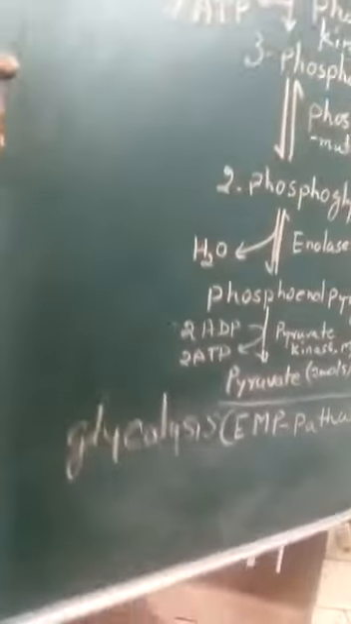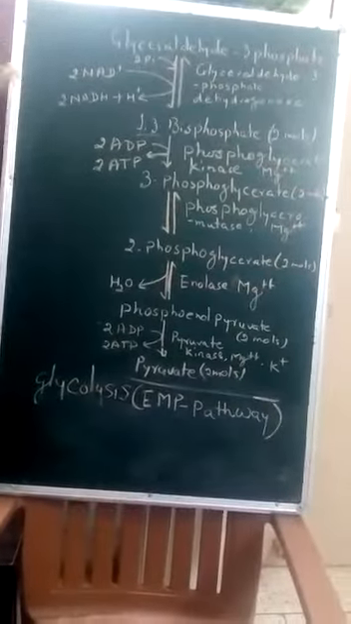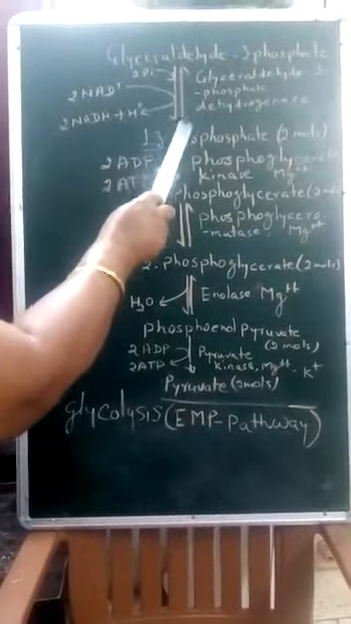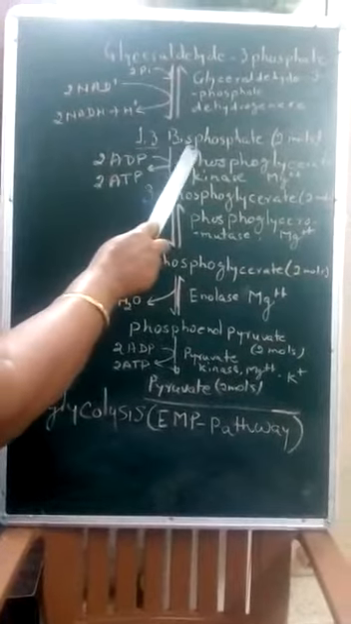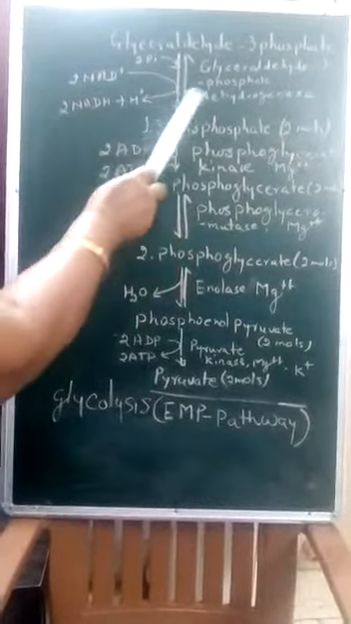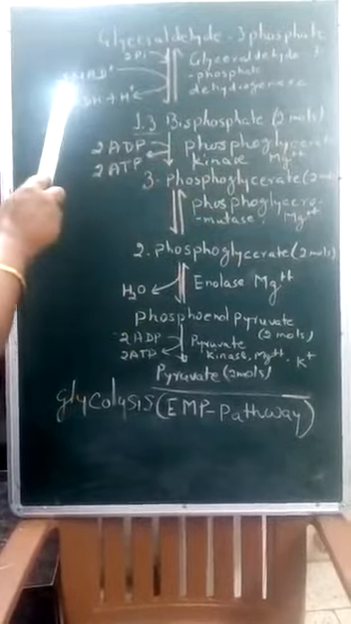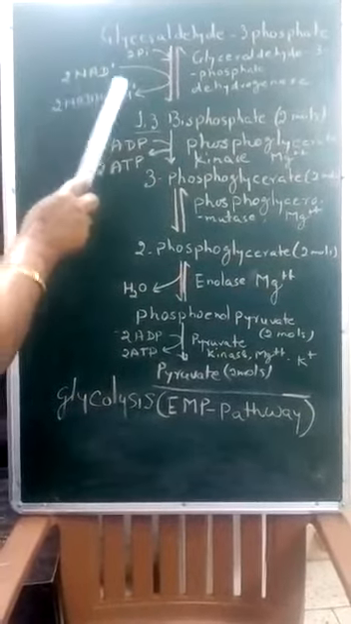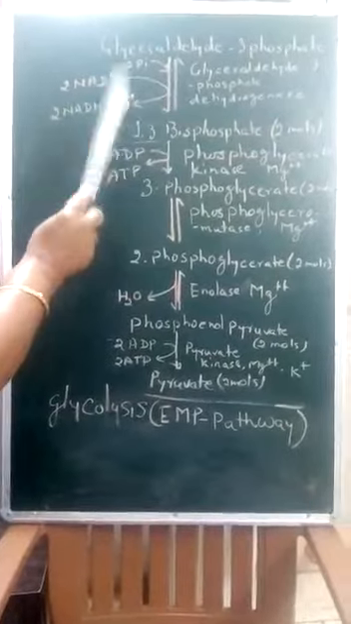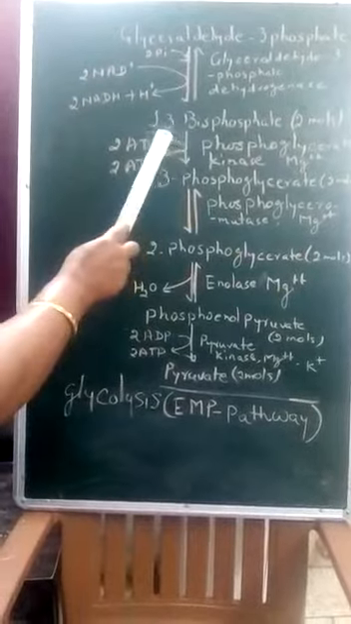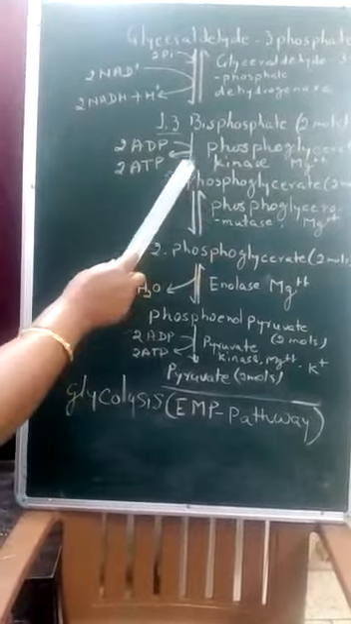Then 2 glyceraldehyde 3-phosphate is the end product of this portion. It is a reversible reaction. It is converted into 1,3-biphosphoglycerate, 2 molecules, in the presence of the enzyme glyceraldehyde 3-phosphate dehydrogenase. At the same time, 2 NAD are converted into 2 NADH plus hydrogen ion. At the same time, 2 inorganic phosphate enter this cycle, and 1,3-biphosphoglycerate, 2 molecules, is converted into